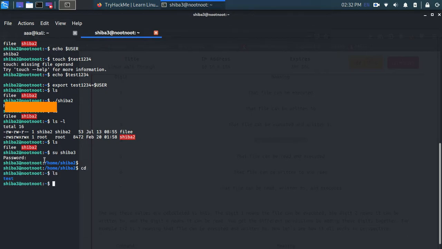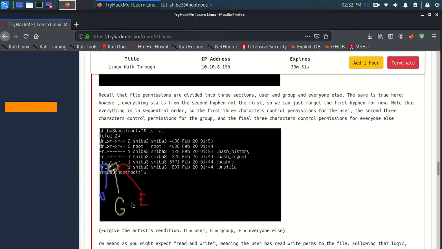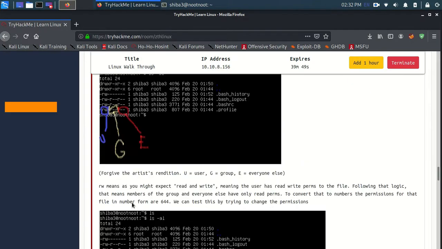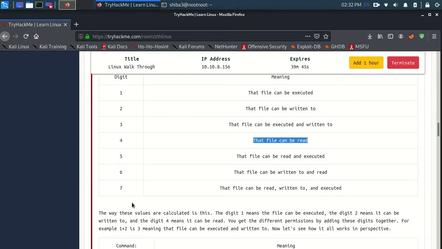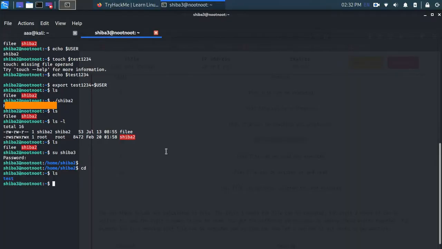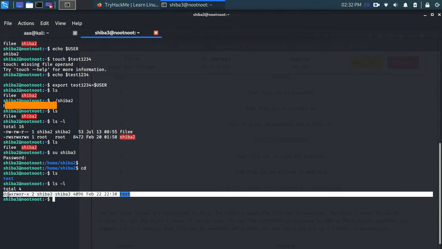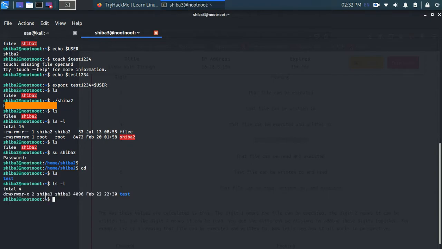So right now I haven't seen this one, Shiba3. Okay, so where are we here? The first user can read the file. If I do this, currently this is a directory, and I can read it and execute because it's rwx, then there is rwx, and there is r-x.